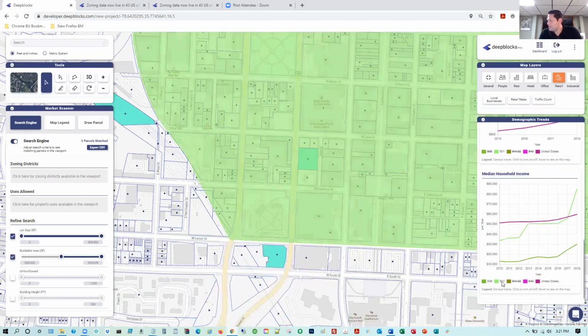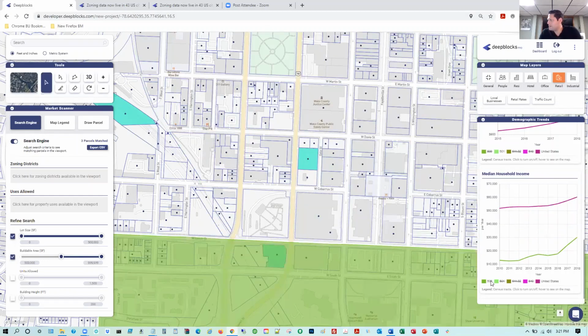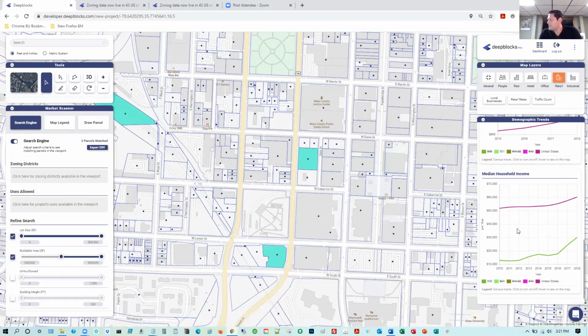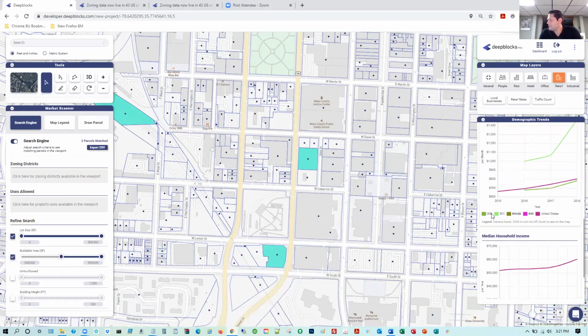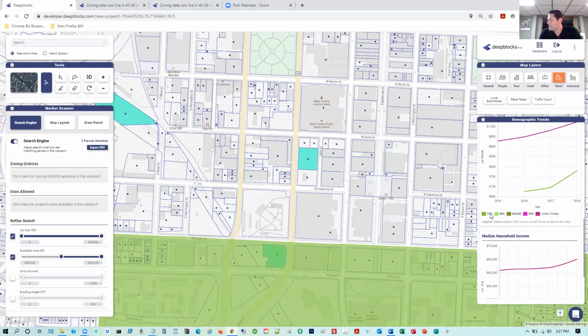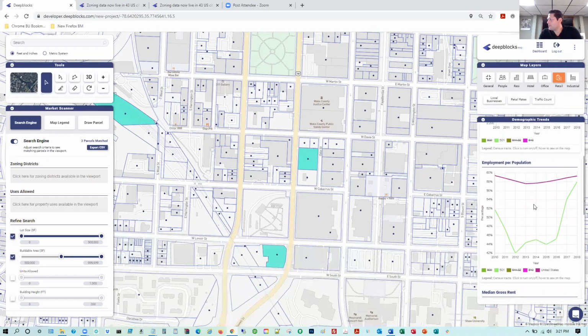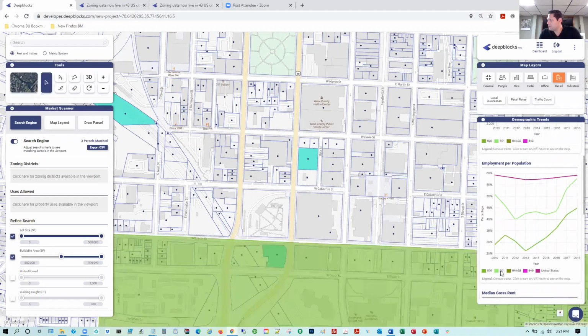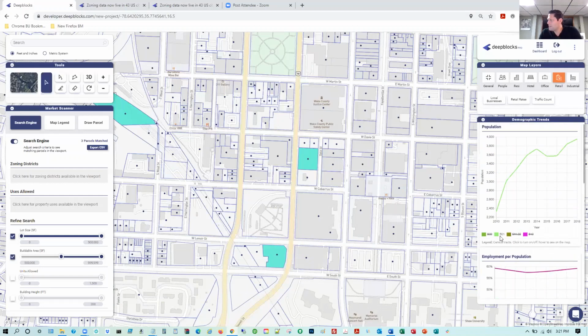Let's look at 509 real quickly. I just want to see if I can better understand that. Seeing a slight increase in that median household income. Same slight incline for median gross rent. Let's see that employment per population. Also on an incline. So again, very good representation and measurements for both census tracts. And these look to be good sites to evaluate and understand what we could develop on.